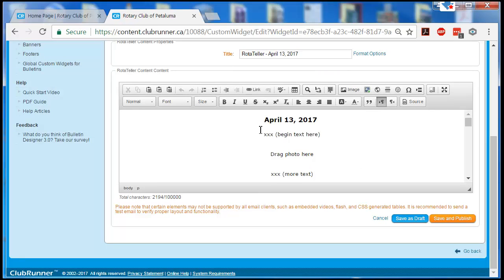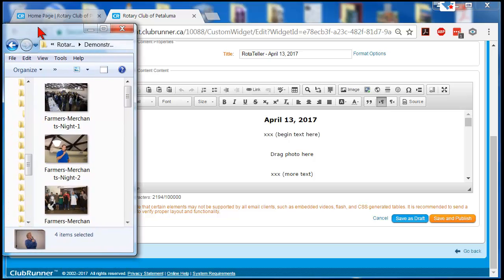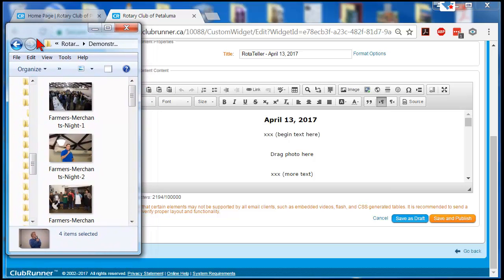Okay, so what we're going to be doing in the main body here is we're going to be putting new text, and we're going to be putting the photos in. So this is a drag and drop paradigm. That means that if you've got another window open and you have the photos in there, great, you are good to go. So I conveniently have one right over here, which is basically just, you know how you go